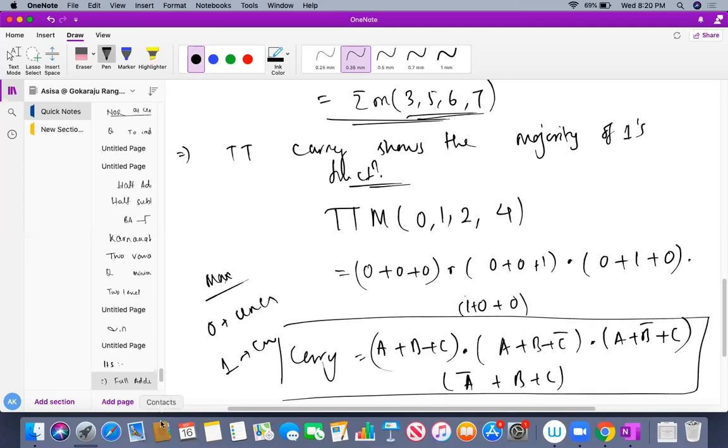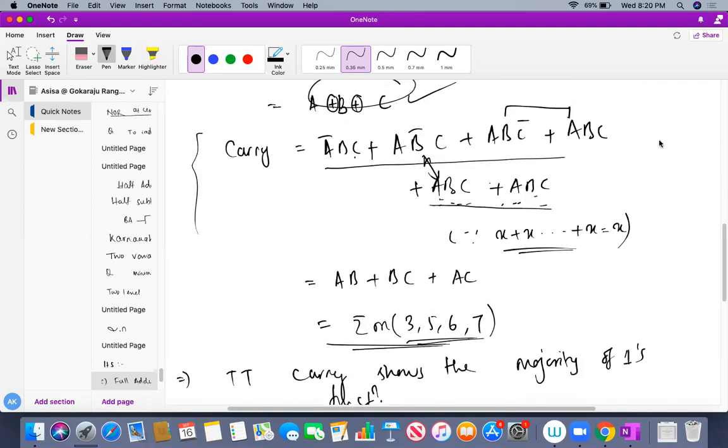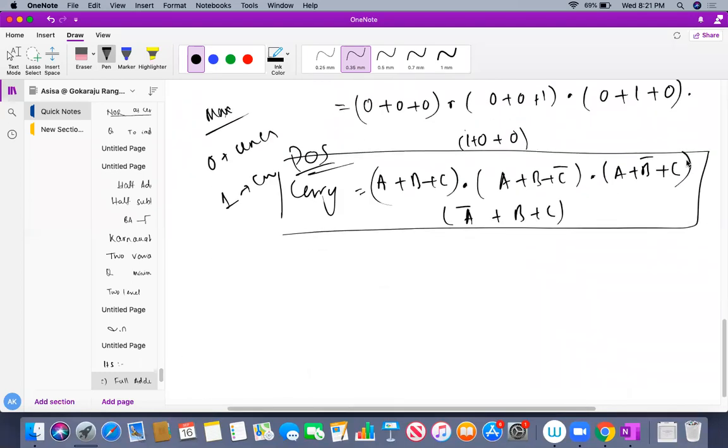So this is the final expression in POS, and this is the final expression in SOP. Very simple. We can express those things in POS and SOP. Just you need to take either the ones of the outputs or the zeros. If you are taking ones of the outputs, that is min terms, you have to express it in SOP. If you are taking zeros of the outputs, that is max terms, you have to express it in POS. Understand? Very simple. That is the way I have done, nothing else.